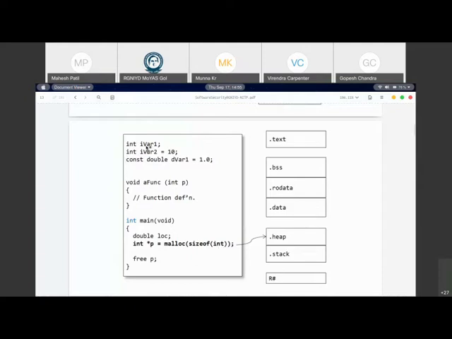So essentially, if you look at the entire C program, take any complex C program, it's going to have global initialized and uninitialized variables. It's going to have a set of statements. It's going to have local variables, and it's going to have dynamically mapped, allocated memory. All of these will find a place in one of these segments, and that is the reason we should understand these segments, to see how a program executes, so that we can do further security analysis on the program.